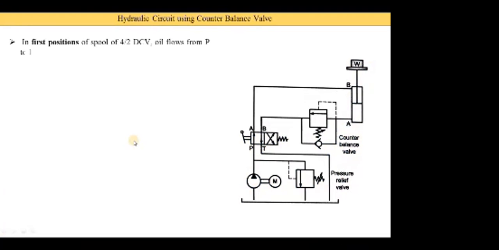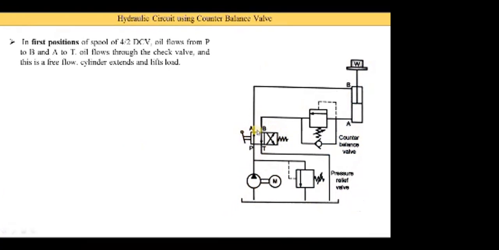Okay, so first we understand what is the first positions and the second positions. Okay, now here you see these the reservoirs. This is the pump. Pump is runs by using the motor. This is the directional control valves. It is a 4x2 directional control because here you see this is a 2 square and 4 pot is there.